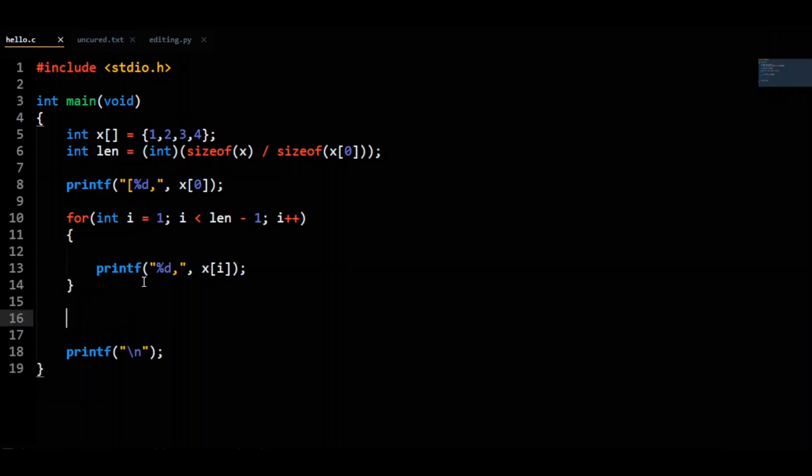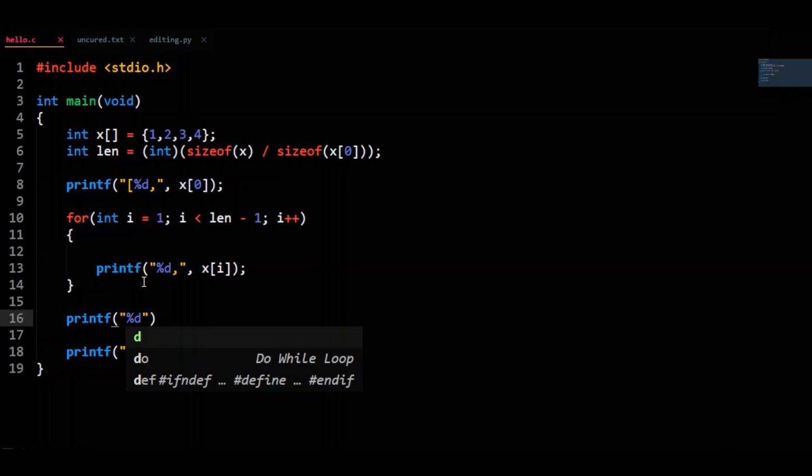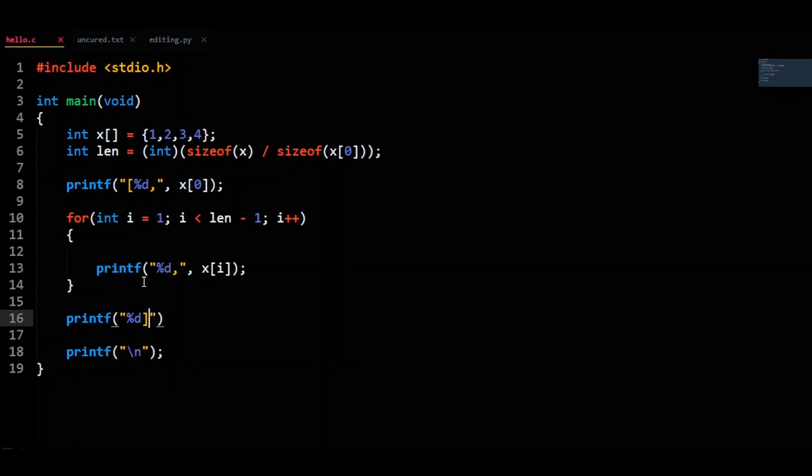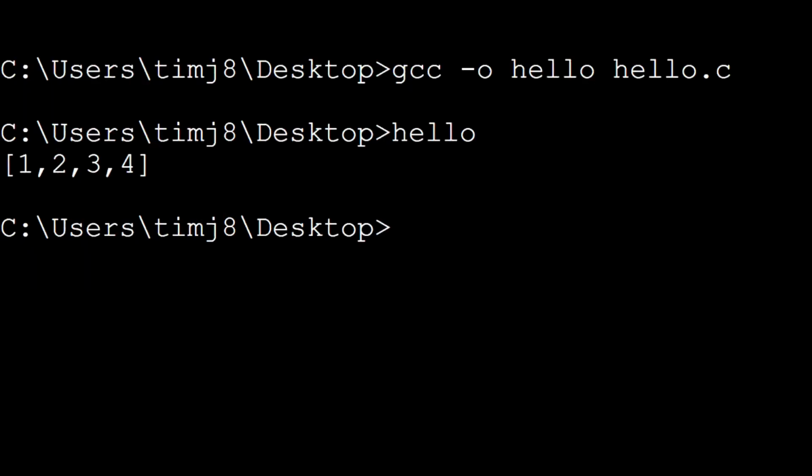After the loop, we will do printf %d, closing right square bracket, and printf x sub len minus 1. If we run this code, it will work, and we did nothing exceptionally stupid to get it to work.